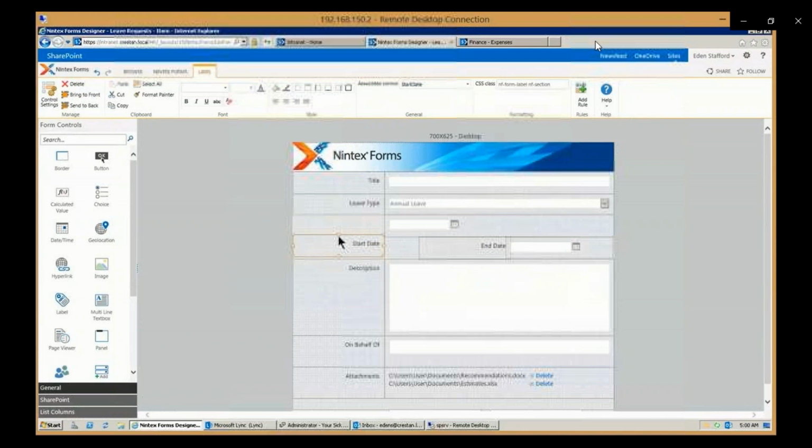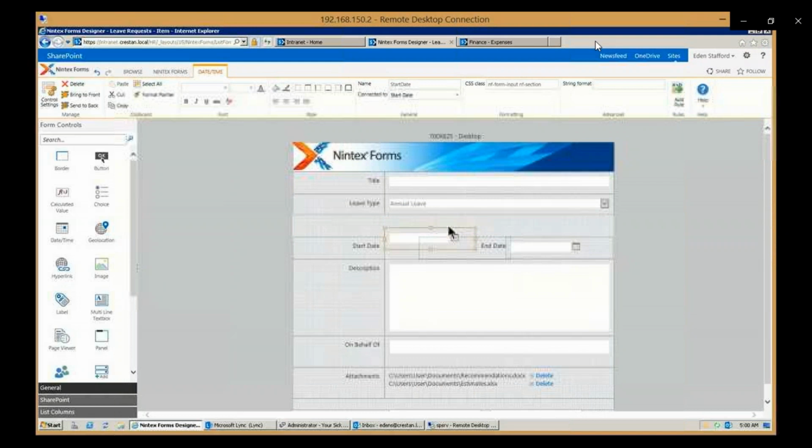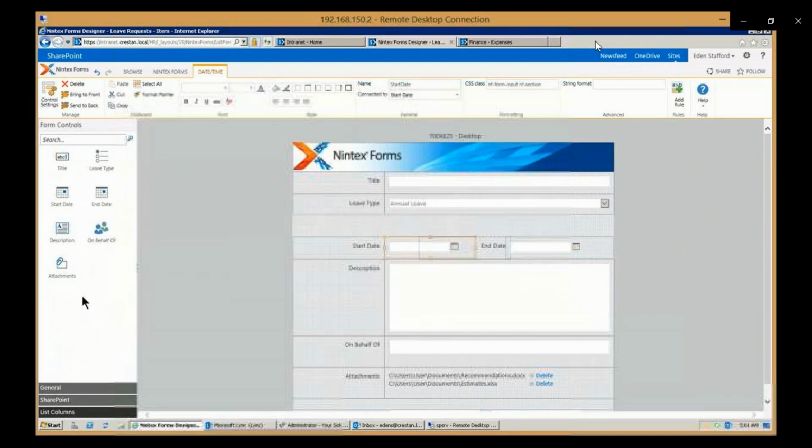I'll move start date down as well and associated field here. And as we shrink these items down, I'm now making room for more stuff to go above it. Or maybe we want to put some introductory text right here. So a lot of things we can do form-wise. You can even drag and drop order, geolocation, labels, all that fun stuff. We can drag and drop on the left-hand side and the right-hand side. We can look up items in the SharePoint list here, attach, and all these other things just come right in.